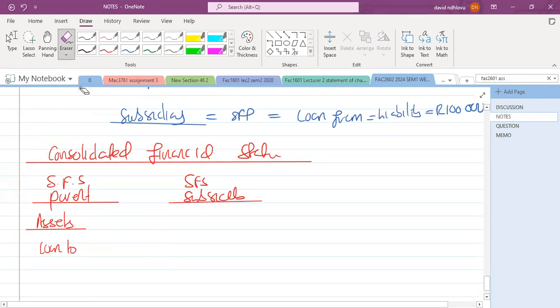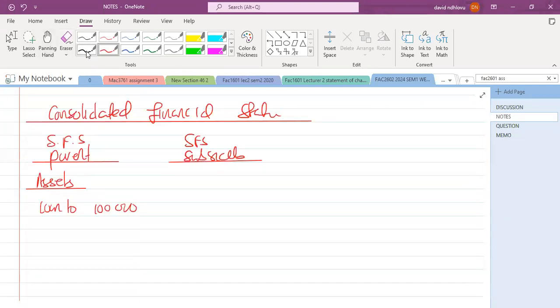So in their books, in the separate financial statements, we are likely to see 100,000 in the form of a loan. We can also say in their bank account, on the day that they issued the loan,